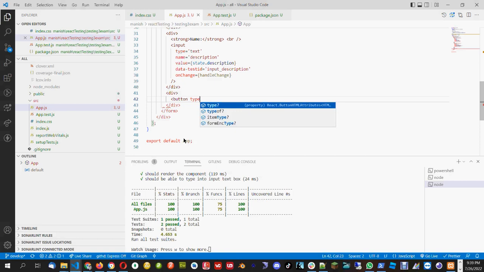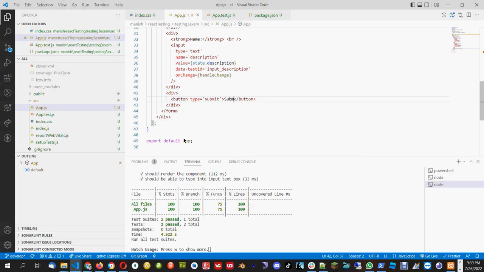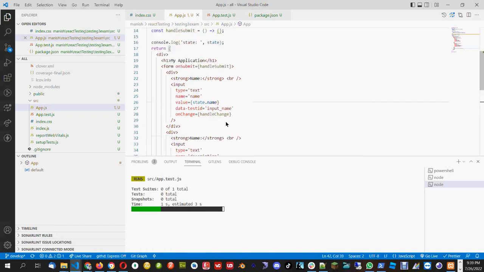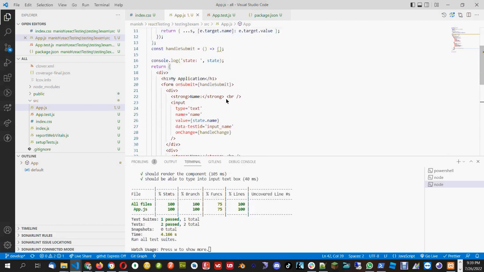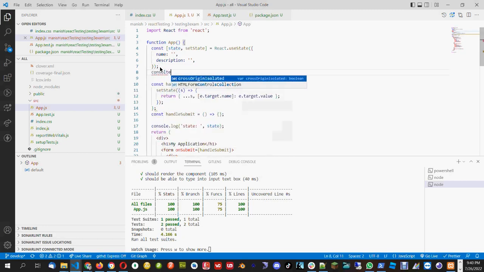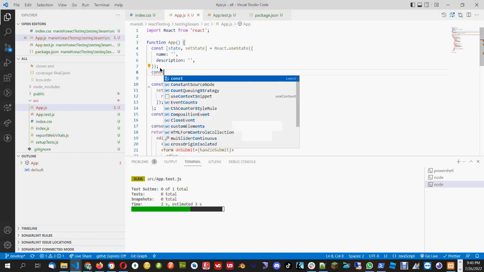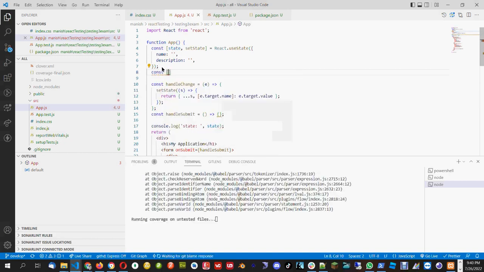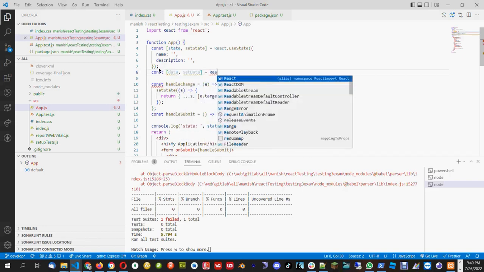Button type equal to submit, and the name of the button will be submit. So once the user clicks the submit button, I will create another state variable where I will put this data. Const data, state data. So data will be an array